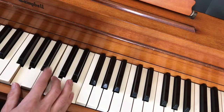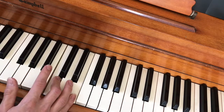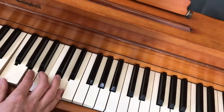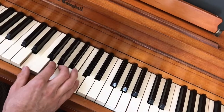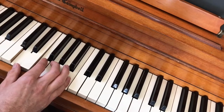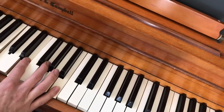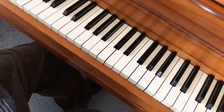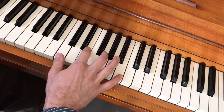Got the 5 in the bass, then the 7, the root, the 3rd. Now I'll keep going. Drop these down, F major 7, B half diminished, E minor 7, A minor 7, D minor 7, G7, and I'm back in the voicing I began in, but an octave lower, right? So if I, forgive me, let's move this thing. So if I do that up to speed, let's say, right? We got